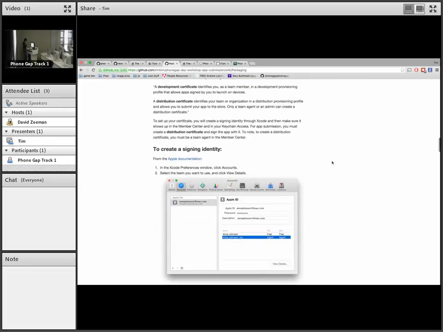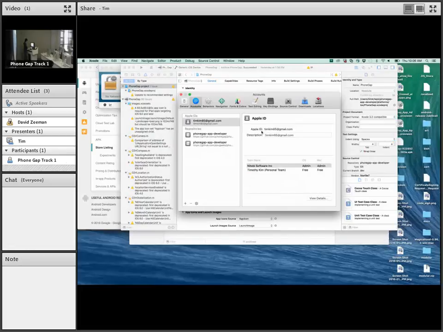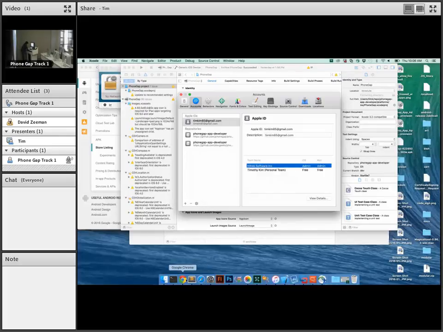All right. So to create a certificate, you're basically going to go around and play around with Xcode. So I'll just do it here for you guys. If you go to Xcode and you go to Preferences, a thing to remember is that when you're managing certificates and provisioning profiles, you're probably going to have to do this a lot. So Xcode Preferences brings this up. And you'll see I have an Adobe software and my own Apple ID here. So to actually create a certificate,